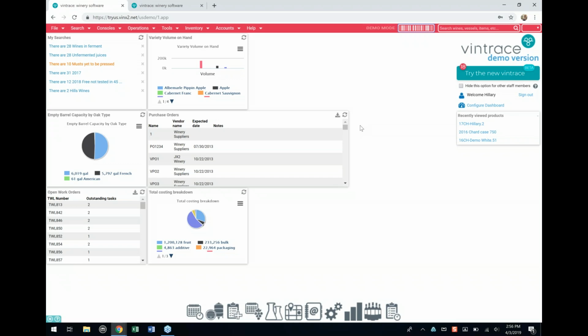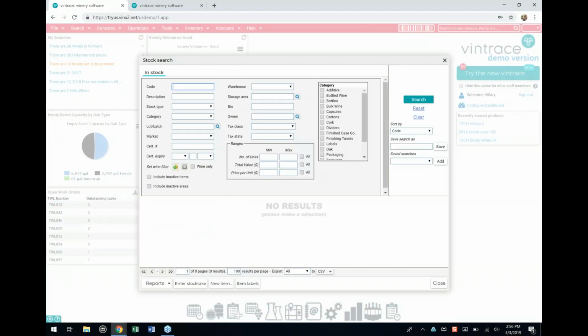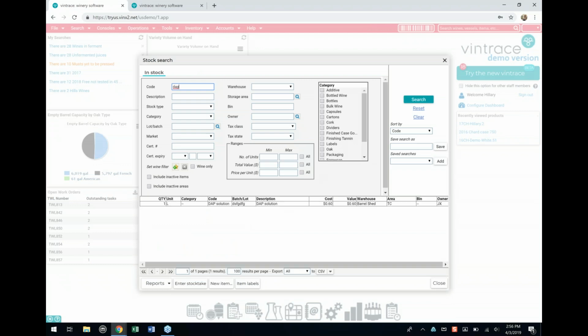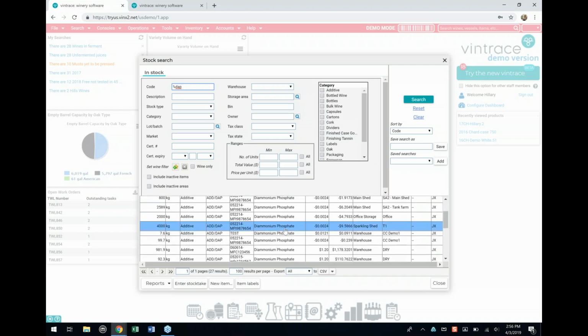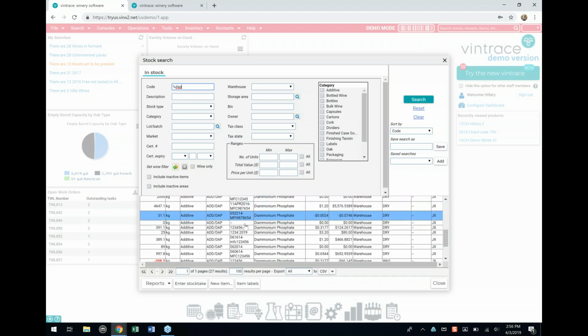So say the winemaker received in those items and you guys actually got a discount on that DAP. So by going through the bottles down at the bottom, we can find that DAP. We'll go percent sign DAP. And then we will find our DAP. I did not pay attention to, I guess I can look for the lot code right here. So there's the lot code, the one I just did, 25 kilos. If I click on it,